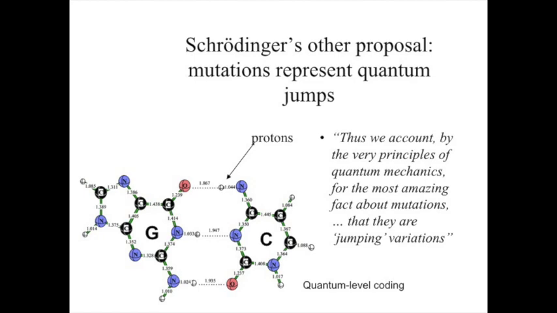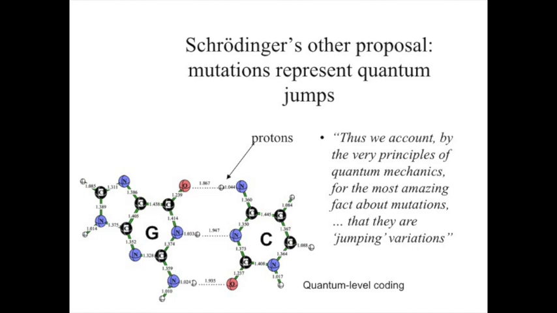But the experiments were sound, but there's still lots of controversy about these experiments, and most people believe there are other explanations than what I'm going to talk about. But at the time, I had read John Gribbin's book, Schrödinger's Cat, and that got me onto Schrödinger's book, who claimed that mutations represent some kind of quantum jump. So Schrödinger, if you remember, back in 1944, published What is Life, in which he suggested that life was dependent on quantum mechanics, and he suggested mutations were some kind of quantum jump.